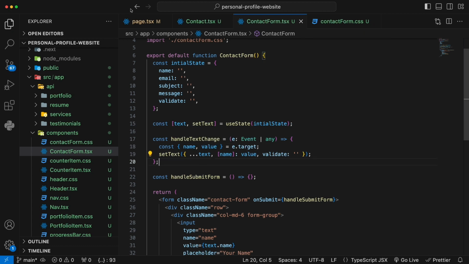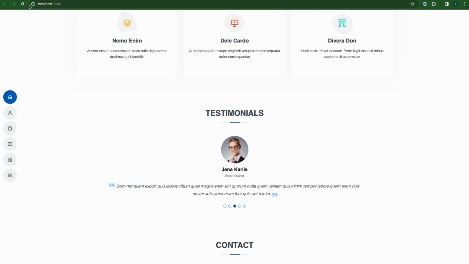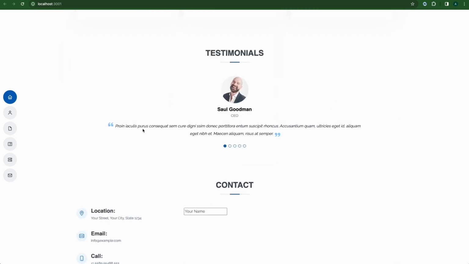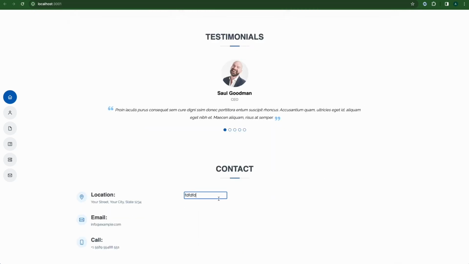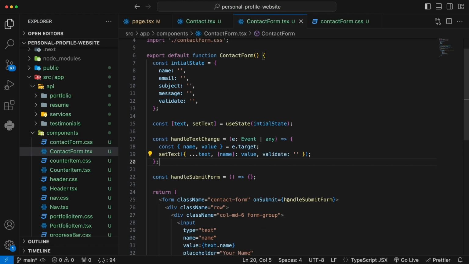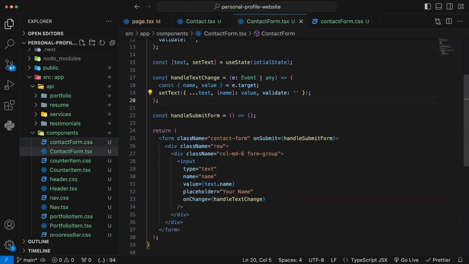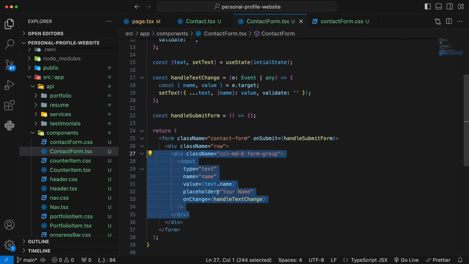Very, very handy. So now if you go back to our project and reload it, you have that name here. If you start to type, you can see these things working without any problem. Okay, so that's that. And as soon as we have that done, the remaining job is going to be very easy. So what I'm going to do is copy and paste this entire name input box. Copy that, and then